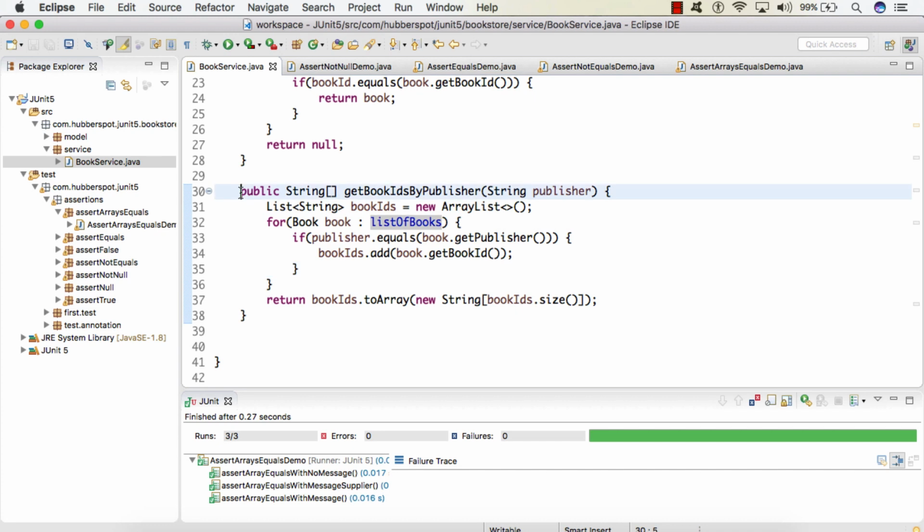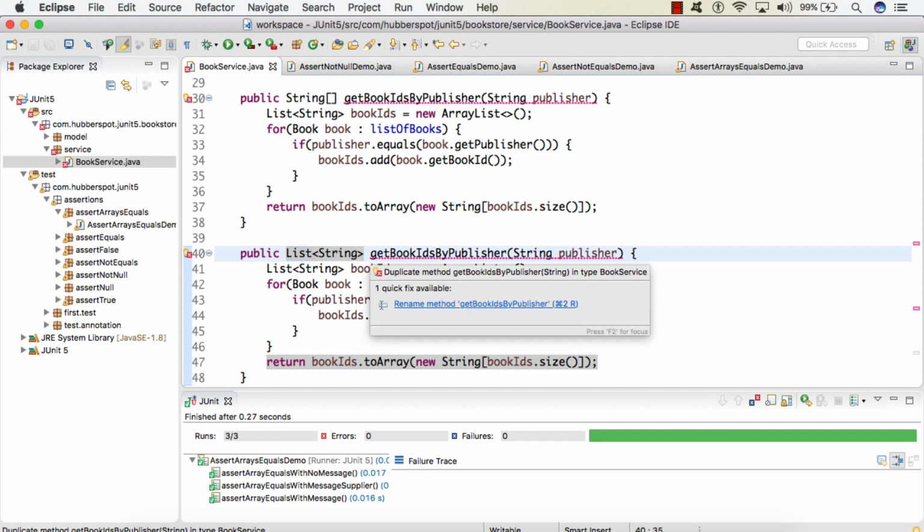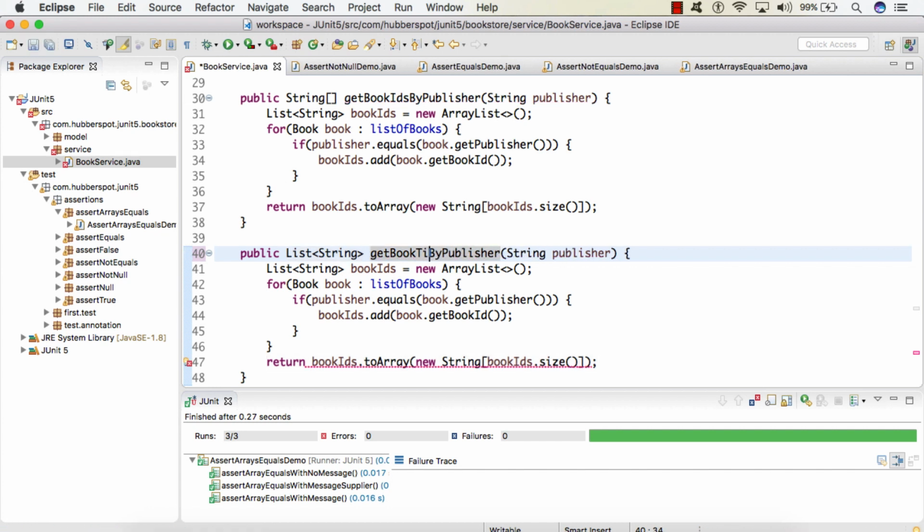Here I will simply copy this method and paste it, and instead of a string array we will simply return a list of strings, as a list is also an iterable. In order to demonstrate the assertIterableEquals method, we are simply returning a list of strings. I will change the name of the method to getBookTitlesByPublisher, and provide an input as string publisher.